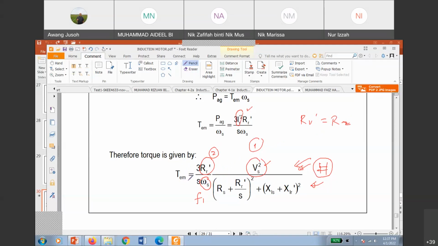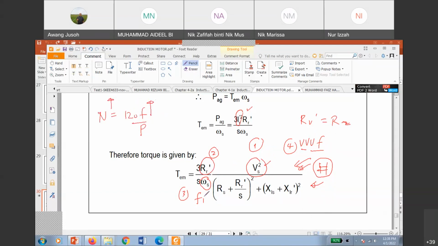Okay, and sometimes we can change both. This is number 4; this is number 1, 2, 3. Number 4, we can change the voltage and frequency at the same time. You call it VF, variable voltage, variable frequency. So we can change voltage, we can change F. V increases, F increases. You know that speed depends on F, right? Because just now we know that N equal to 120 F divided by P. So if we increase the frequency, speed will increase.